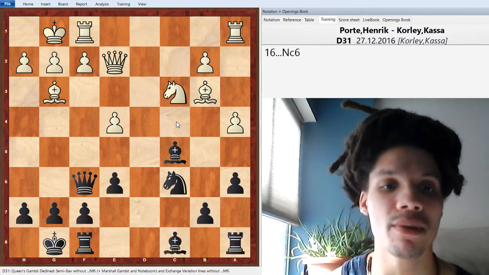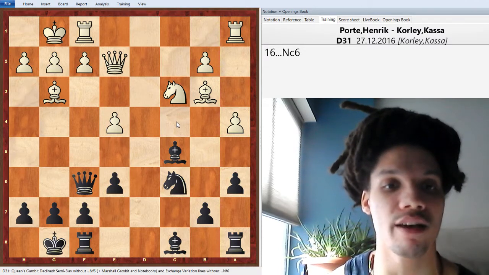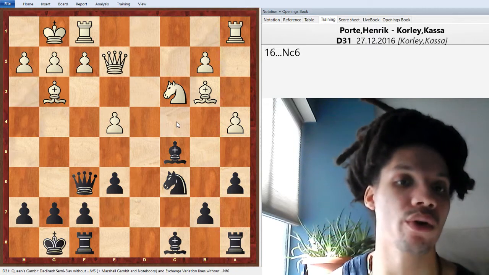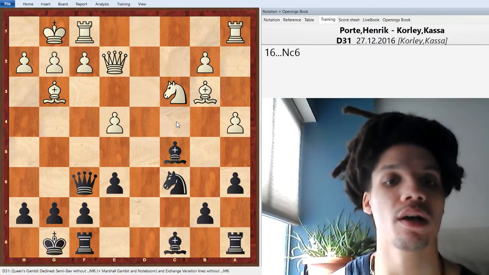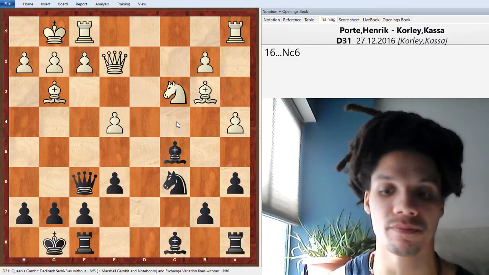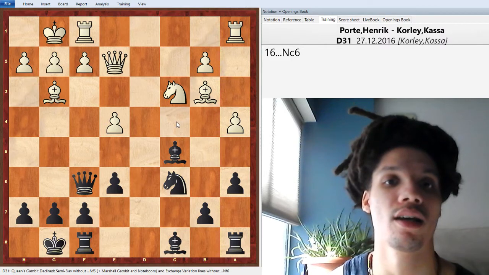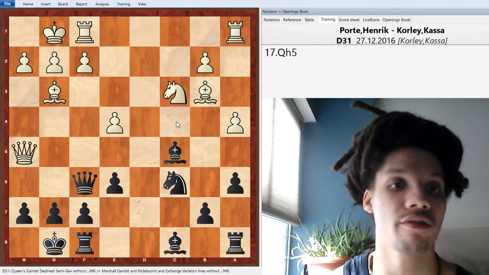The only problem is my rooks aren't connected, but I thought that if I could play b6 and bishop b7 and have that coordination, I'd be okay. So I was already envisioning knight d4, b6, and bishop b7, and then maybe having something. Here, my opponent played queen h5,